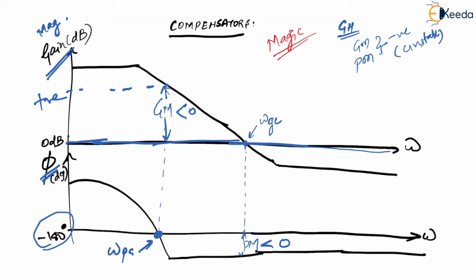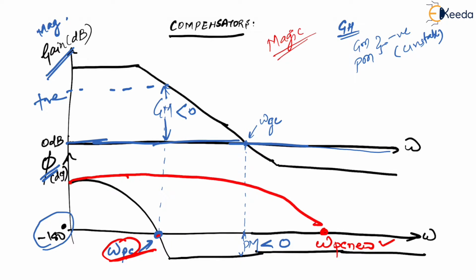In that trick, by some means, if I am able to shift this omega pc beyond my omega gc, if I have this omega pc near here, which means if by some means I am able to shift this omega pc from this old position to this new one, which means I can make my plot go here like this, a new red plot,